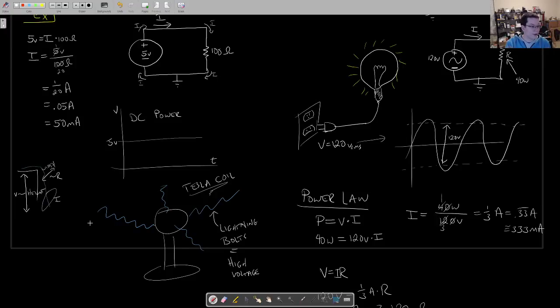Your wall power is going to be high-ish, like a waterfall, nowhere near as high as a lightning bolt. And it's going to be fairly wide because you can push a lot of current through your wall power. I think 15 amps